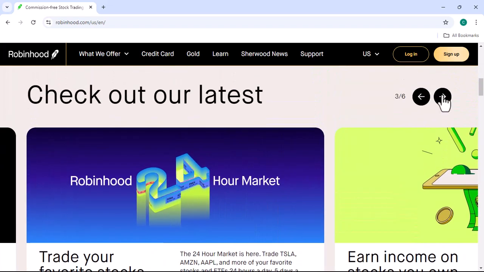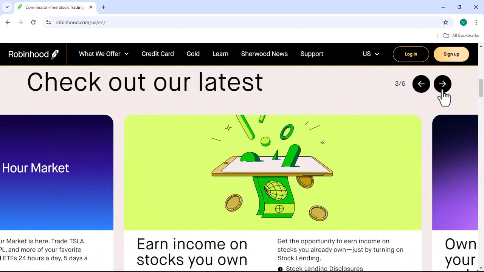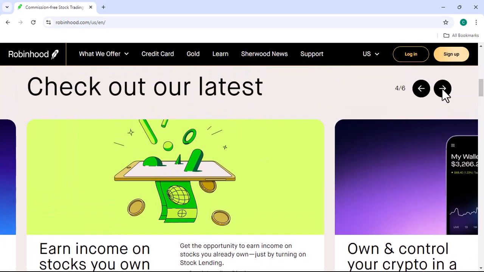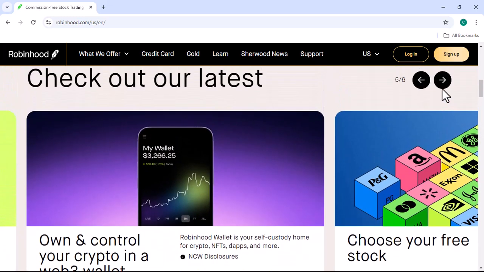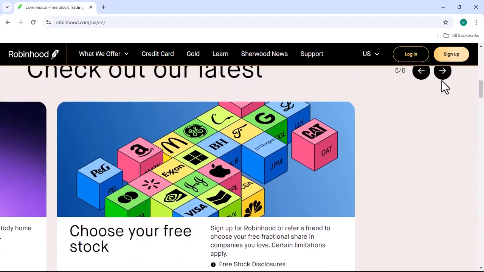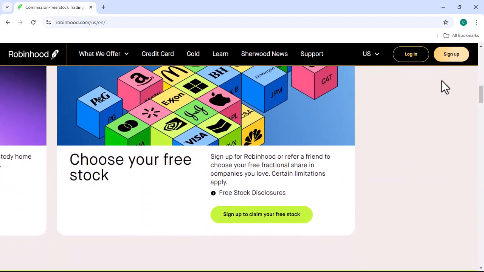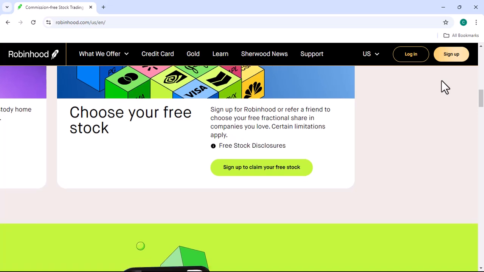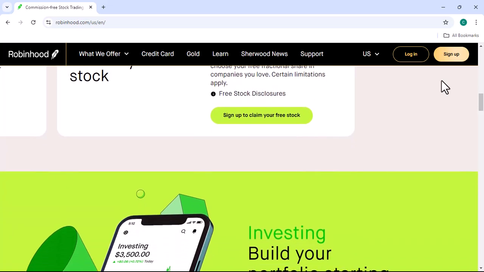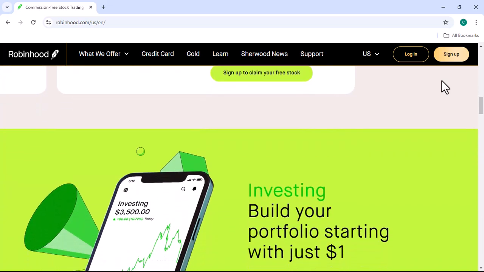Step 1. Understanding withdrawal methods. Before we dive into the specifics, let's discuss the different ways you can withdraw funds from Robinhood. The most common methods include ACH transfer. This is the most straightforward method, allowing you to transfer funds directly from your Robinhood account to your linked bank